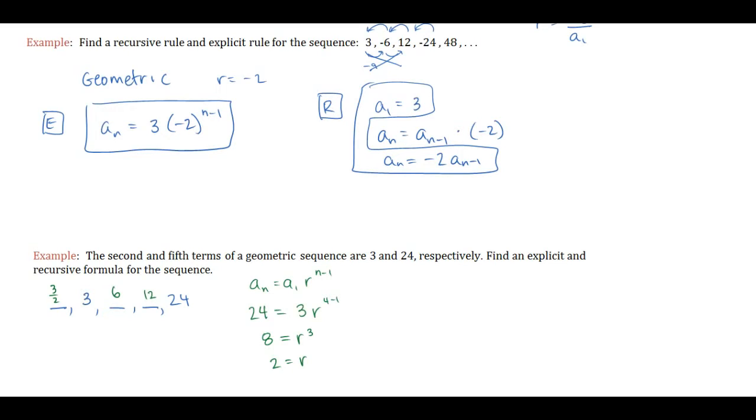So I can go through and say, all right, explicit formula is the first term, 3 over 2, times r, which we found out to be 2, to the n minus 1 power. Recursive equation, I can say the first term is 3 over 2, and the nth term is the term in front of it, times 2. So again, I could probably make that look a little prettier and say the nth term is 2 times the term in front of it. Beautiful! There's your sequences,